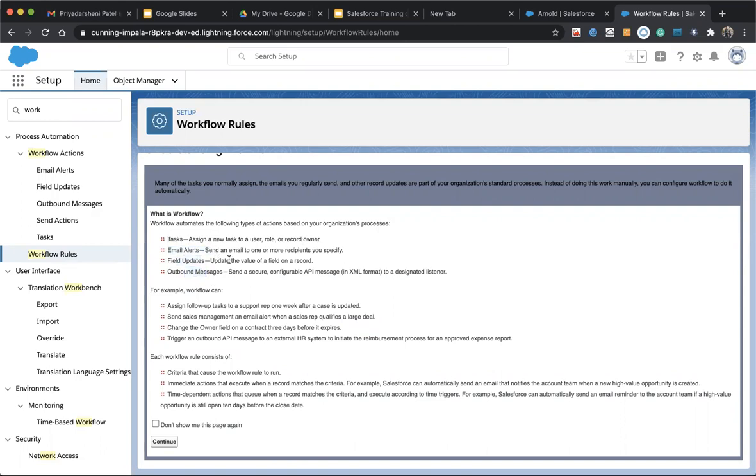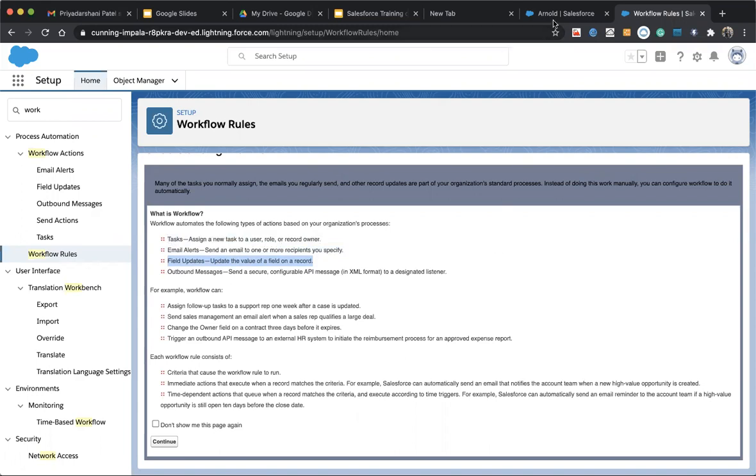These four tasks the workflow can do. Based on the requirement, these types of things are doable by a workflow. So first we will talk about field update, but before doing that, let's create an example.